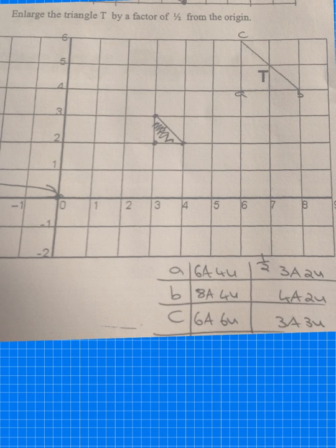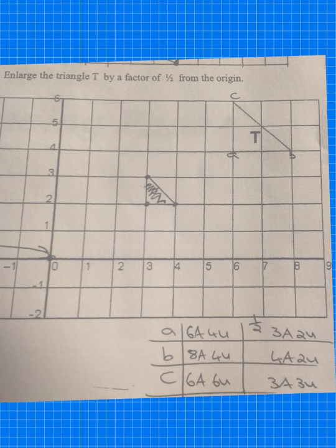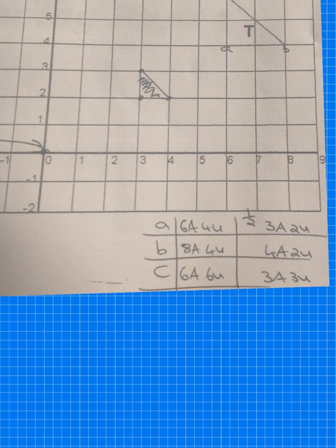We half the number now because it's a scale factor of a half. So we half the numbers. And now what we have is we half these to give us 3A 2U, half this to give us 4A 2U, and half the bottom one 6A 6U to give us 3A 3U. Okay, what we do again, go back to the centre of enlargement, redraw these points. 3 across and 2 up, 4 across and 2 up, and 3 across and 3 up, and we get this